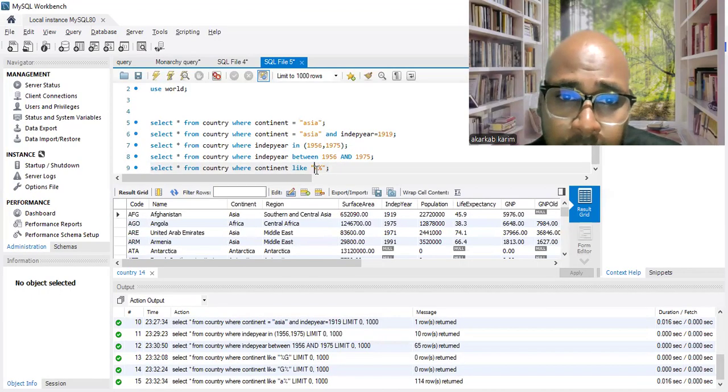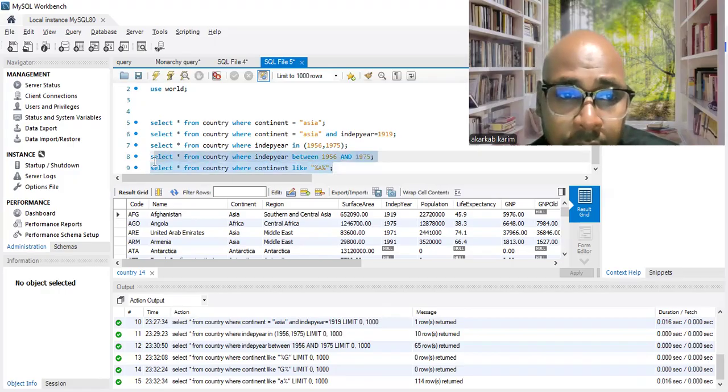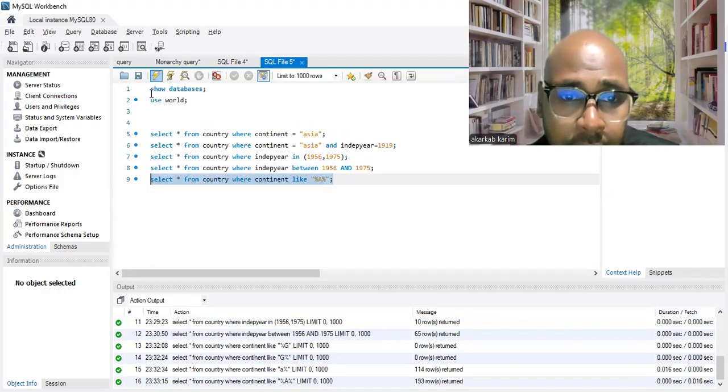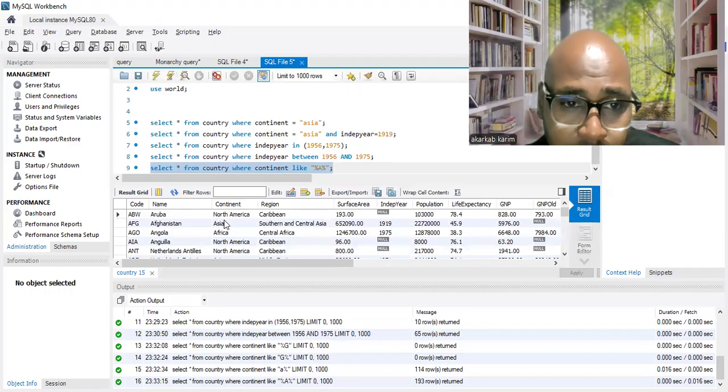Okay, if I want to choose in another format, I want the continents that contain A in the middle of the name. So there are all these continents: we have A in North Africa, Asia, Africa. Okay. And we can also change that to name, for example.